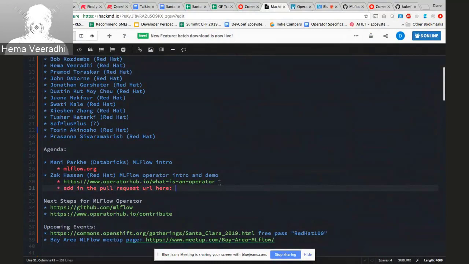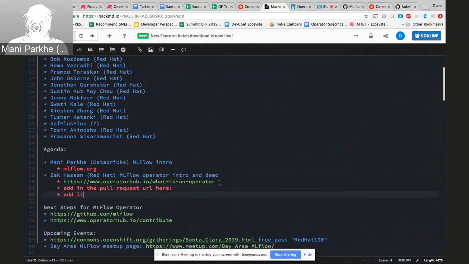Yeah, that's a really good question, Hema. I can answer it a couple of ways. An experiment, if you start thinking about it, is your way of organizing different runs. Let's say all you 4 or 5 data scientists are working on the same project, and you want to work off of each other's runs. You want to share your data with each other, and they are related to one exact problem that you're solving. Then it actually does make sense to wrap them up as one experiment.